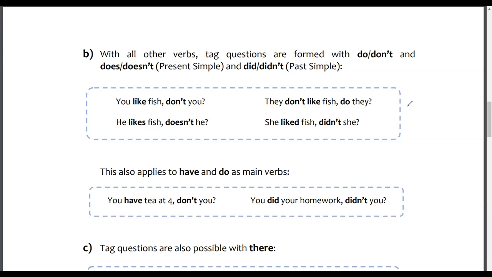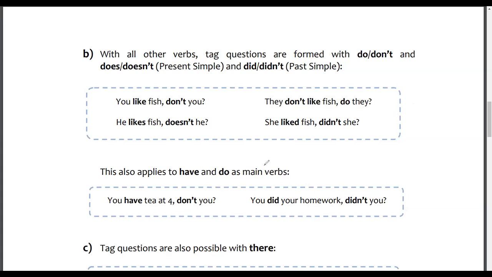You like fish, don't you? All right. They don't like fish, do they? He likes fish, doesn't he? She liked fish, didn't she? Right? So that way you know that you're doing things right. And people will see and give you their opinion on that. Okay? Anyway,